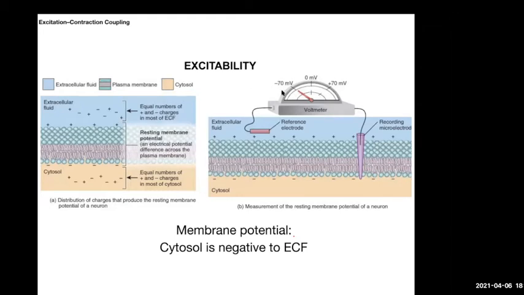You always see this number, about minus 70 millivolts, negative on the inside, positive on the outside. That's going to be the first step. You need this to get excitability: the cytosol inside the cell negative relative to the outside. So you create this sort of dam situation. Or the other way to think about it is, if it was really hot outside and cool inside, and you opened a window, the hot air rushes in.